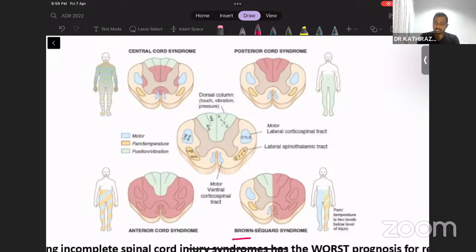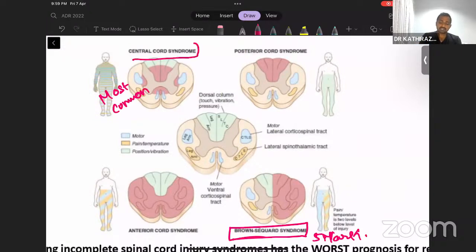People are thinking Brown-Sequard. You know why? Among these 4, the only thing you know is Brown-Sequard. Yes or no? That is an important 5-mark question in UG. Right? Let me tell you, the most common incomplete spinal cord injury